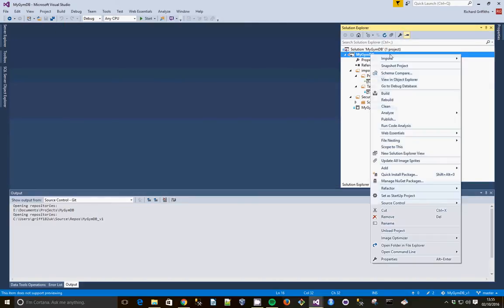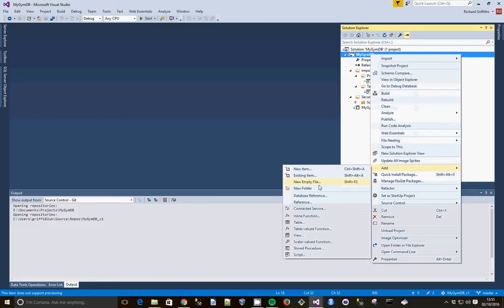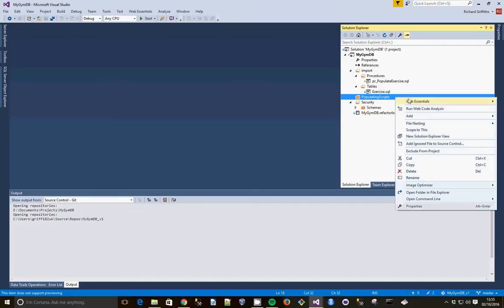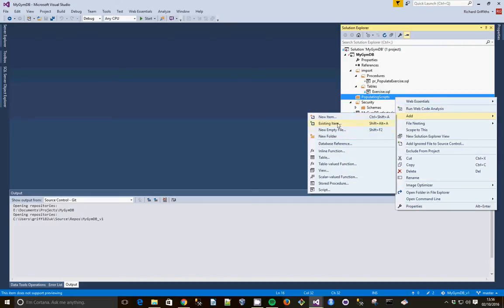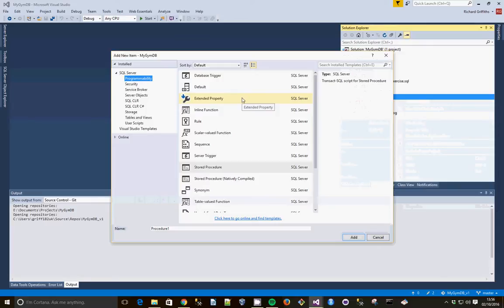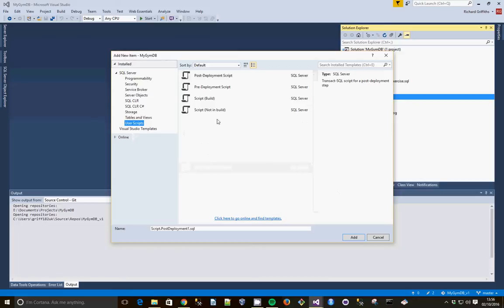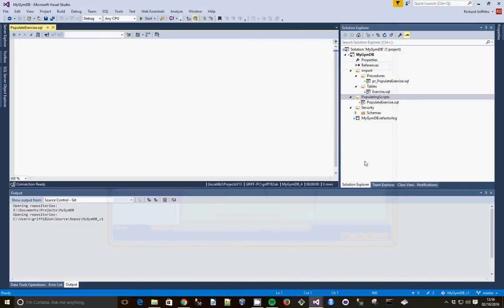Now I'm going to create another folder that contains populating scripts, and this folder will contain the execution statement for that stored procedure. So in this folder, go add new item, and we're going to go to user scripts, scripts not in build. I'm just going to call this populate exercise, add, and that's just going to be execute